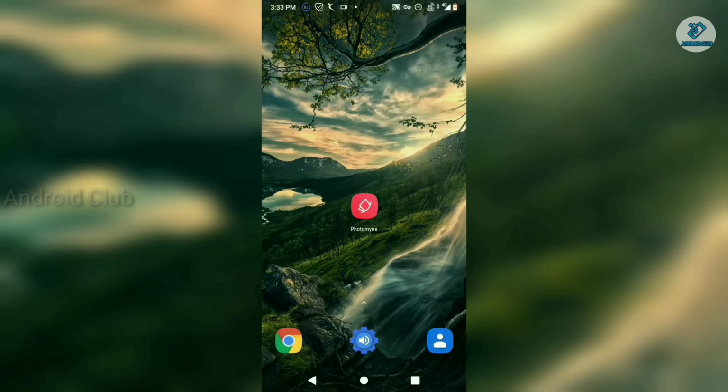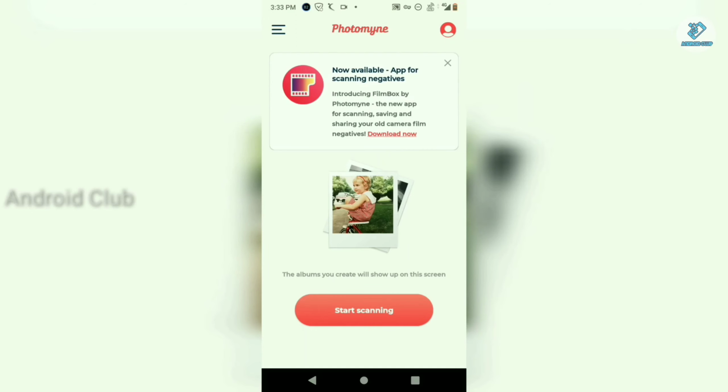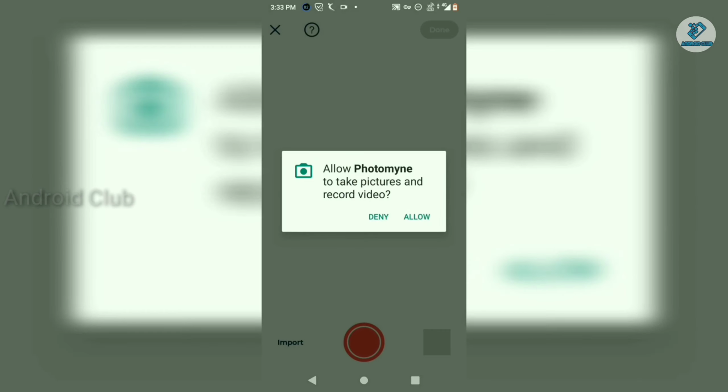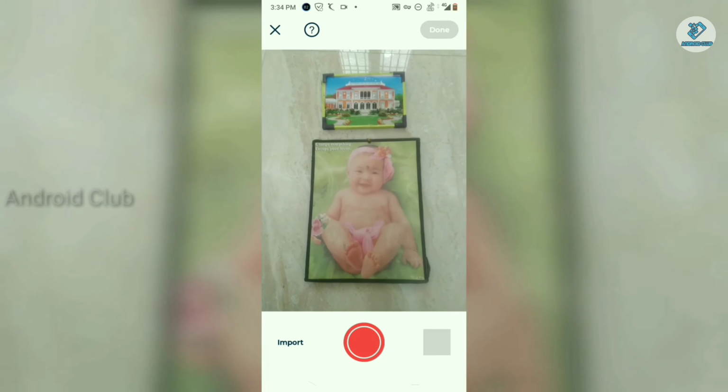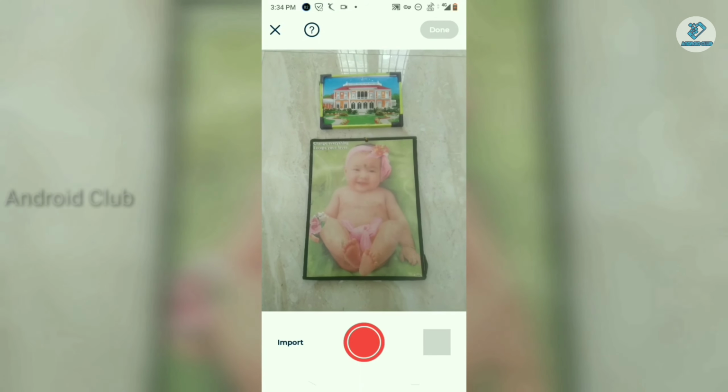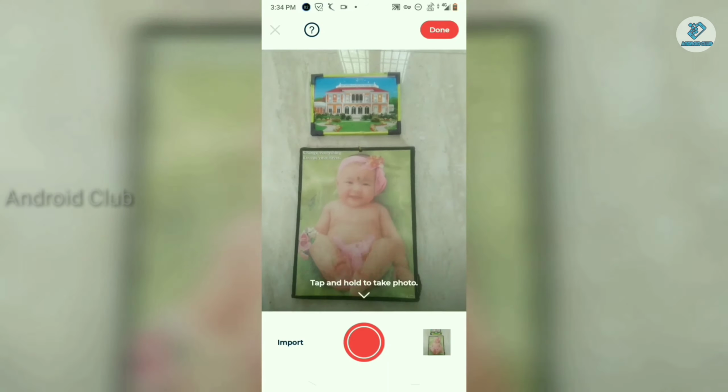To scan multiple photos, open the Photomyne application and start scanning. And allow Photomyne application to take pictures and record video. These are the two photos that I want to scan and convert into an image.